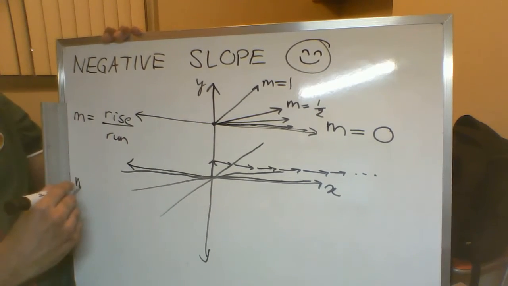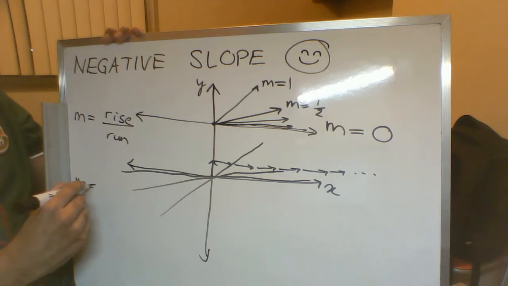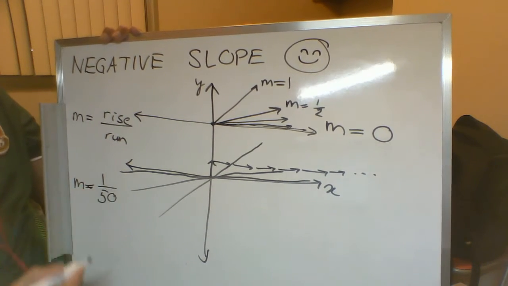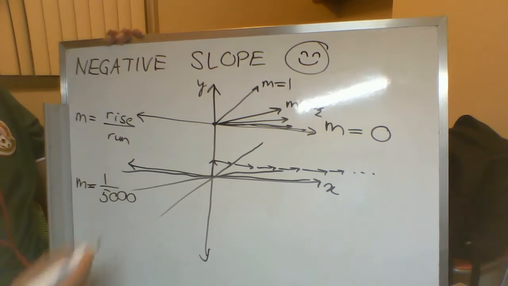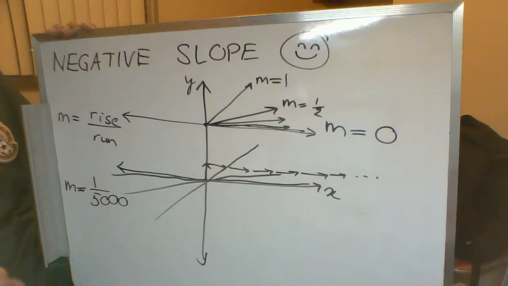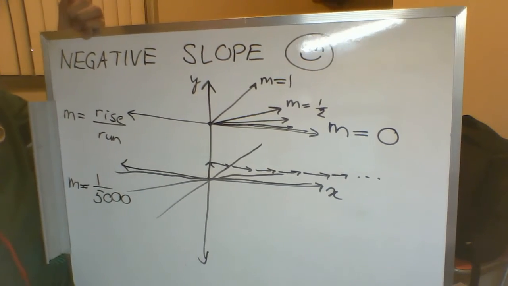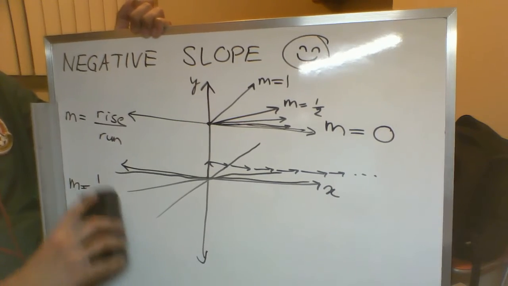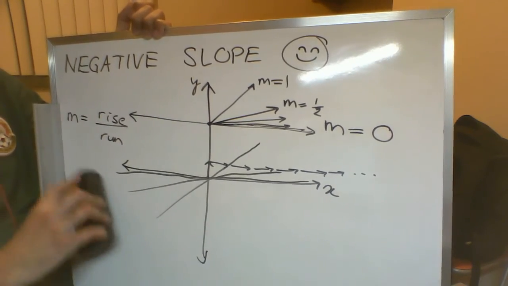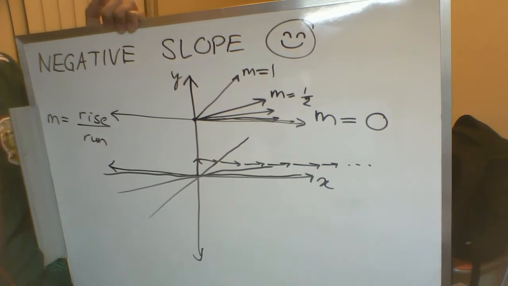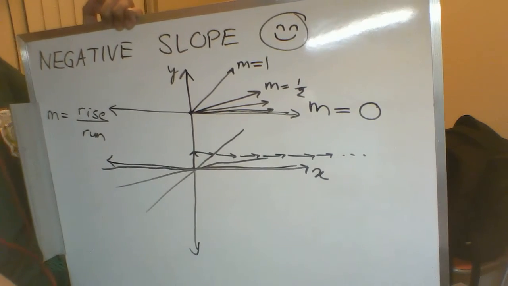So then you would end up with a slope where your rise is 1 and your run is 50, or 500, or 5,000. You're getting really, really flat lines, almost perfectly flat lines, if you go about it that way. And so that gives us an idea of what happens when you get to a flat line, which is that in order to get to the next point on the line, you